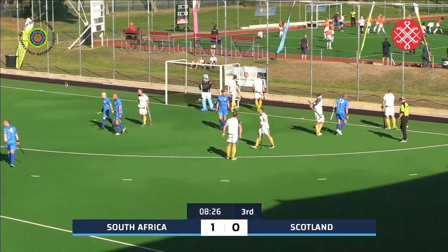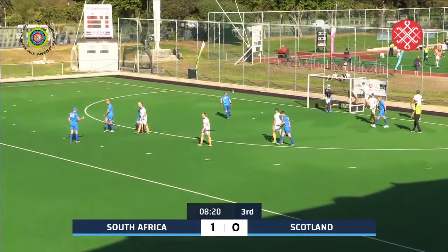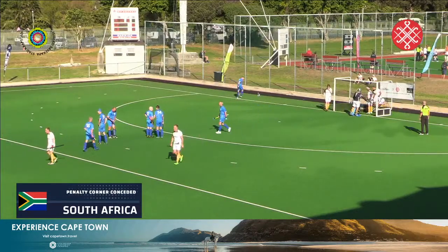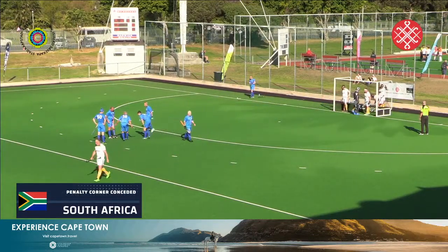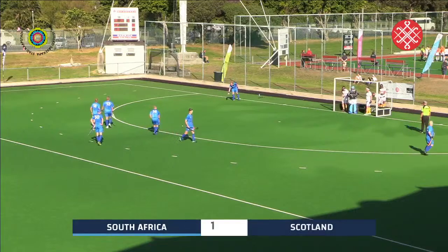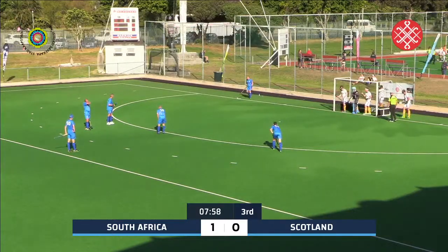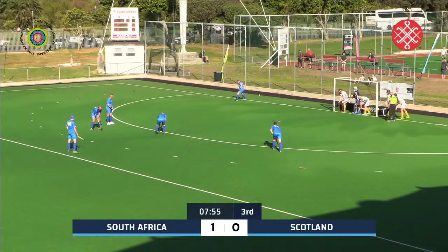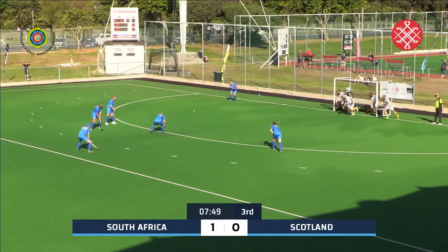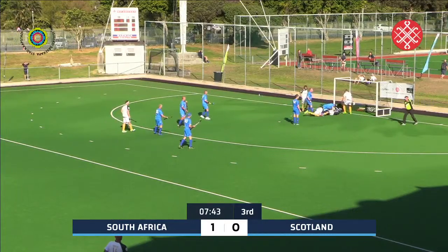Well, the umpire didn't feel as though it was straight into the circle. Felt McFarlane did enough to move the ball 5 meters before getting into the circle. Comes off the foot of a South African player. And it will be a short corner to Scotland. So it is McFarlane at the top of the circle for Scotland. Straight hit from McFarlane. Good save from the South African goalkeeper, although the ball is trapped underneath him, and a